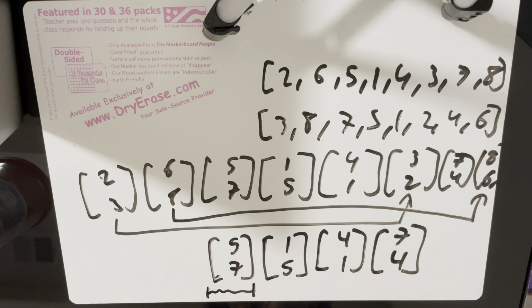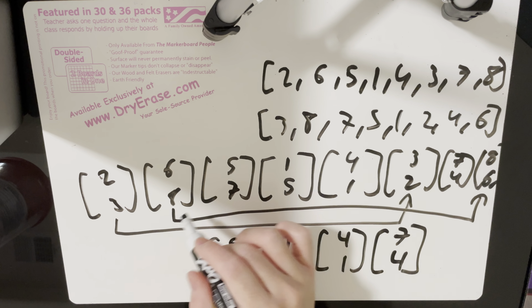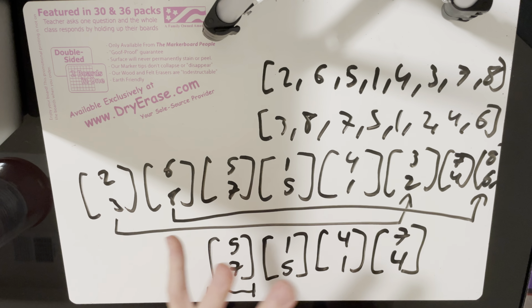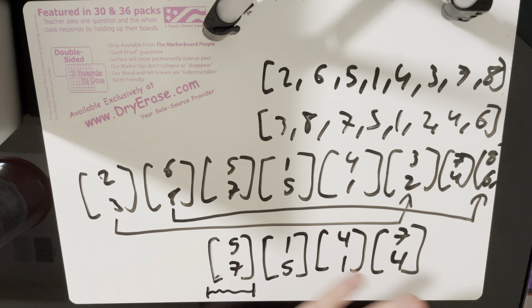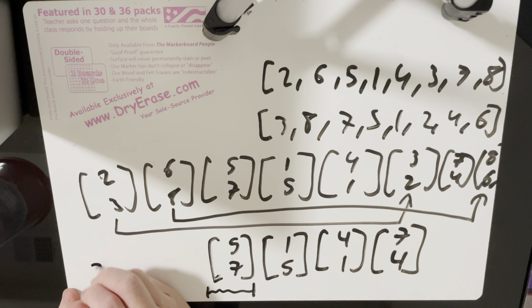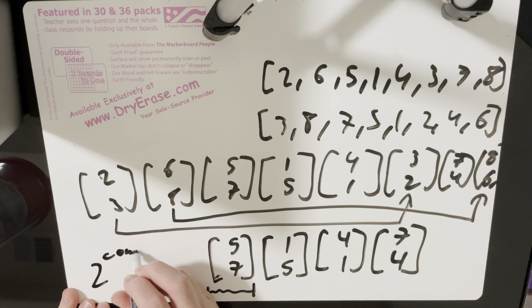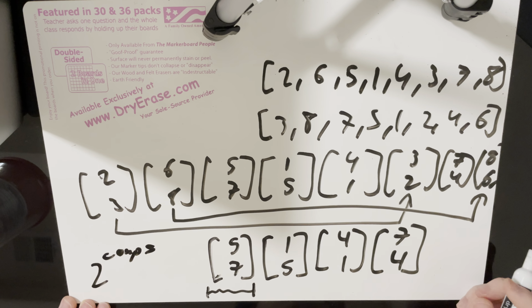So now the question essentially becomes, if we were to group these pairs like this, we want to count how many components exist in this collection of pairs. And the answer is simply 2 to the number of components that exist. So how do we find these components in the first place? Well, the problem actually